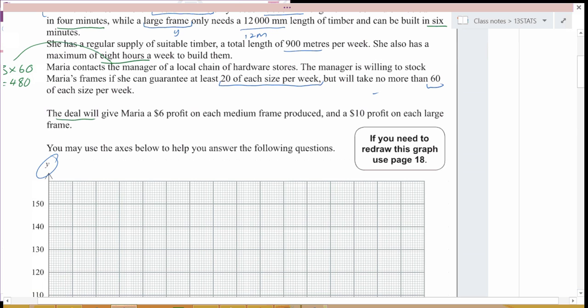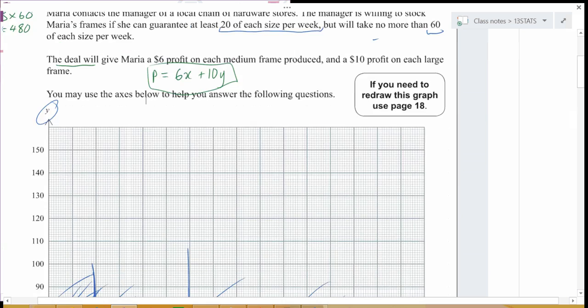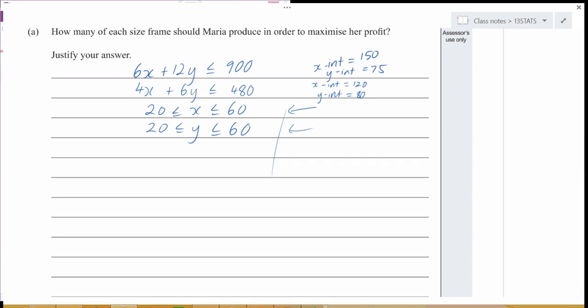The deal will give Maria a $6 profit on each medium frame, so 6 times X, and $10 profit on the Y frames. I'll call that function P because that's our profit, and that's the function that we want to maximize. So I might even write that underneath my constraints here. So we want to maximize